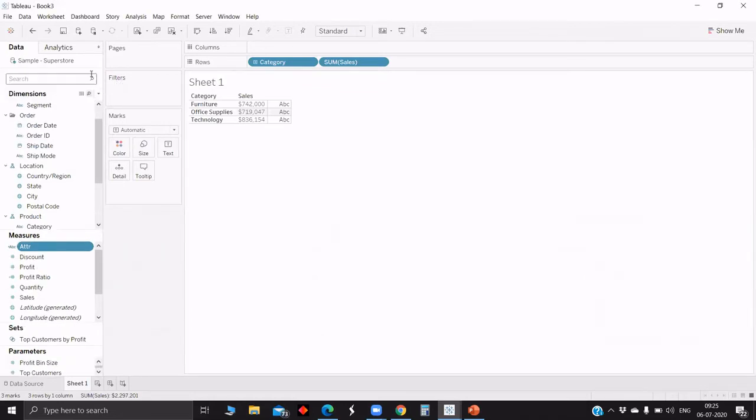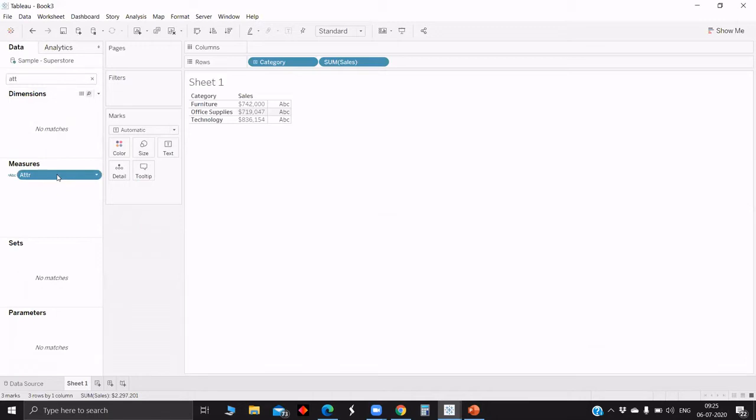So basically, the ATTR function is used to make the field aggregate when there is a need. For example, if other fields are aggregated and one field is not aggregate, how do we aggregate in that case? We have to go with the ATTR function, so it will automatically aggregate, and we won't get any error in the calculated field we have made. So this is the use of the ATTR function, and we will use this function in a couple of places to remove the error.